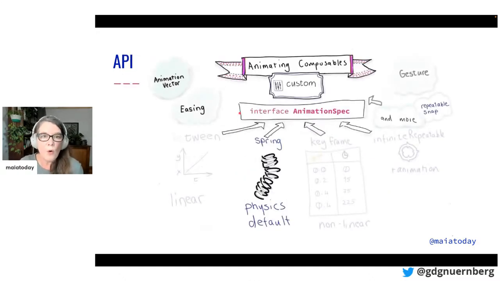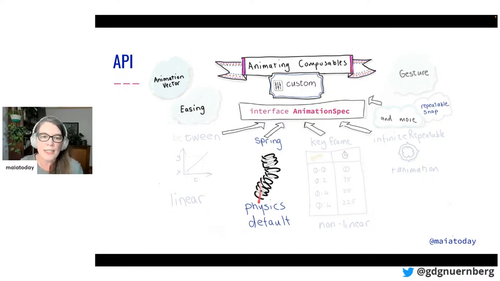All of the animations that I showed you before have defaults, so you don't need to set them, but they all take an animation spec. Now, here's the thing that could be confusing. With Flutter, I think they call this animation spec a tween. In Compose, a tween is something else. I'll show you what the tween is. This is an animation spec that controls that graph for the animation.